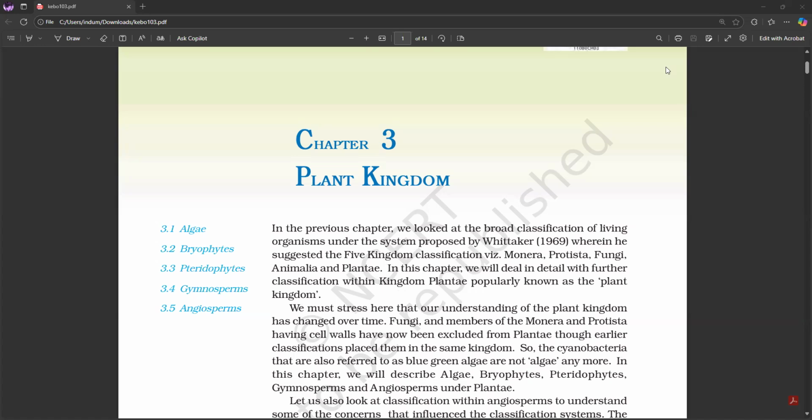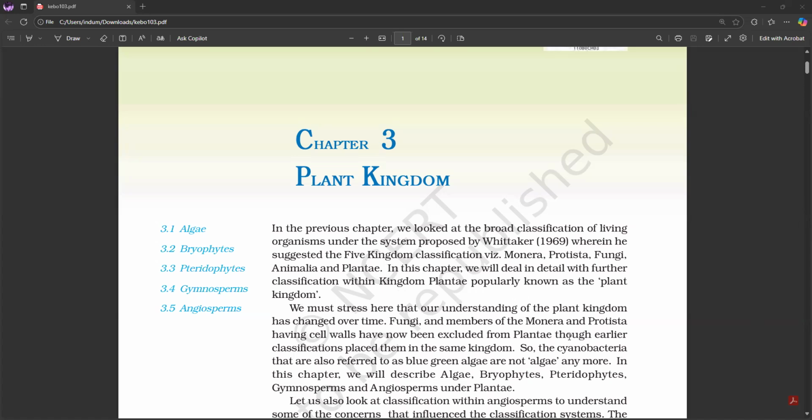Today I'm going to read chapter number 3, Plant Kingdom, from class 11th, and the book I am consulting is NCERT. So let's get started. In the previous chapter, we looked at the broad classification of living organisms under the system